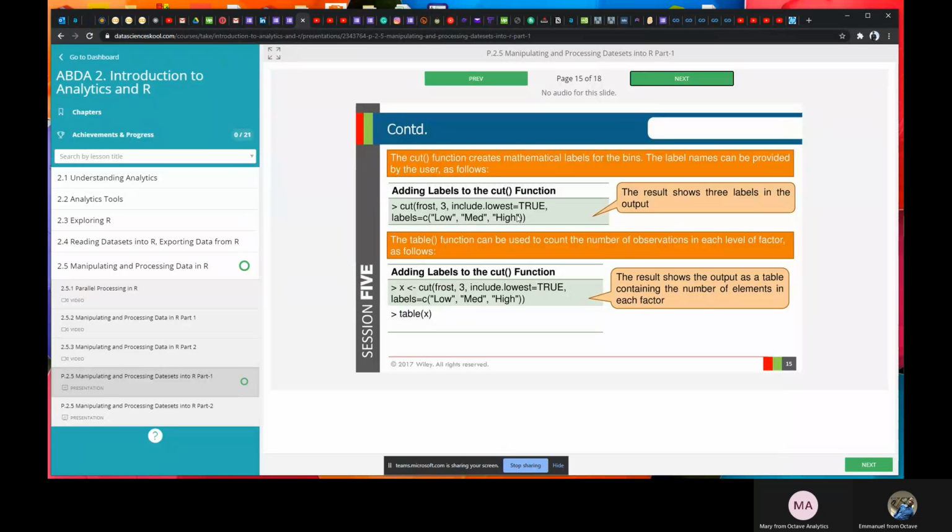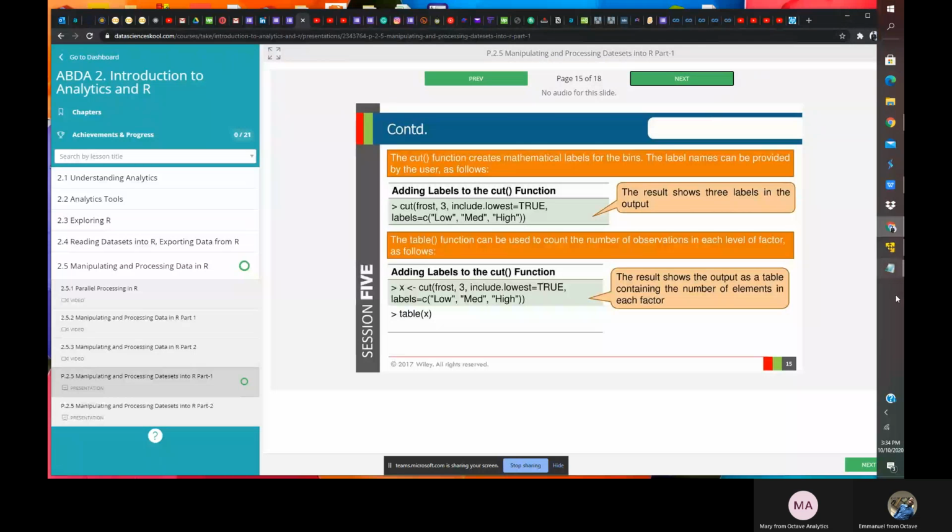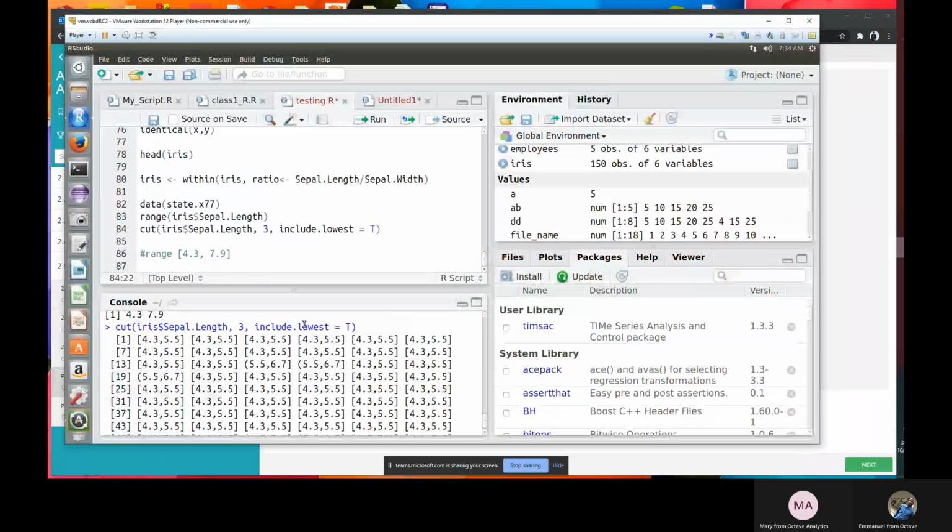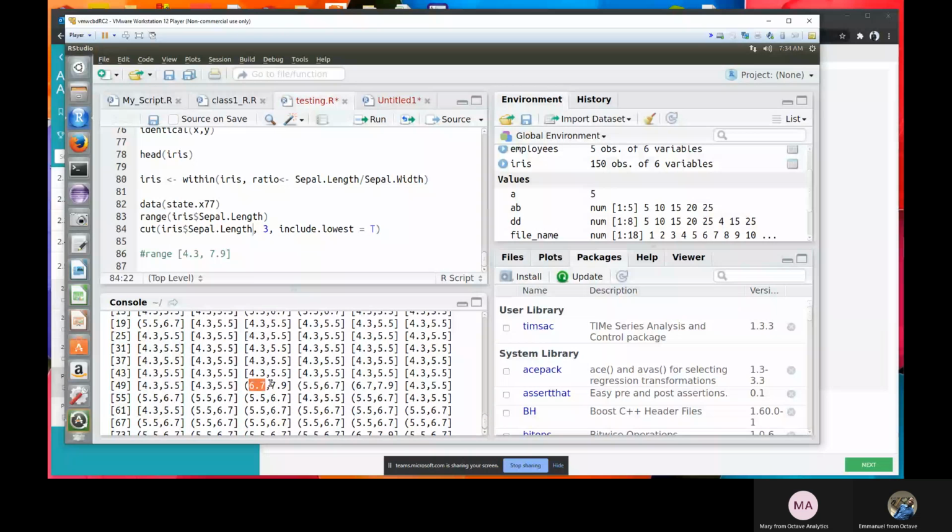So the first group is low, the second is medium, and the third is high. This one will be called low, this one med, and the last part, 6.7 to 7.9, will be called high. I can do that with this too.